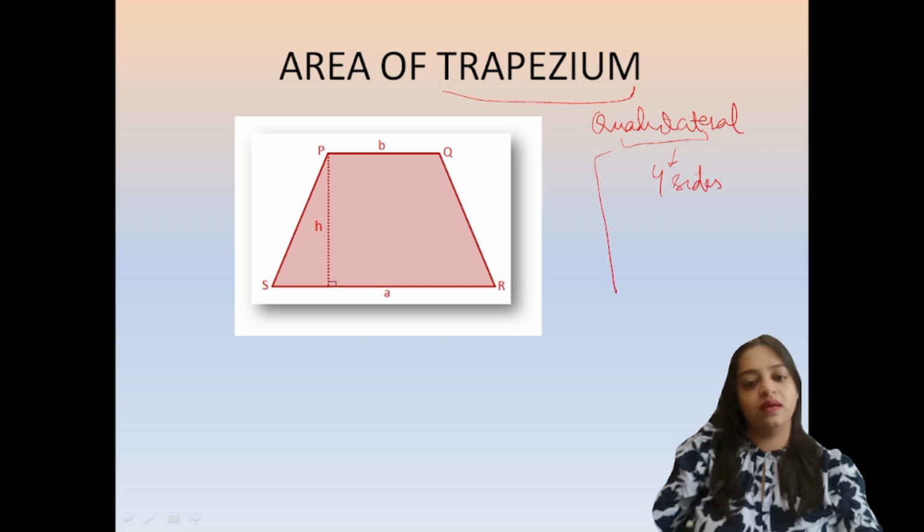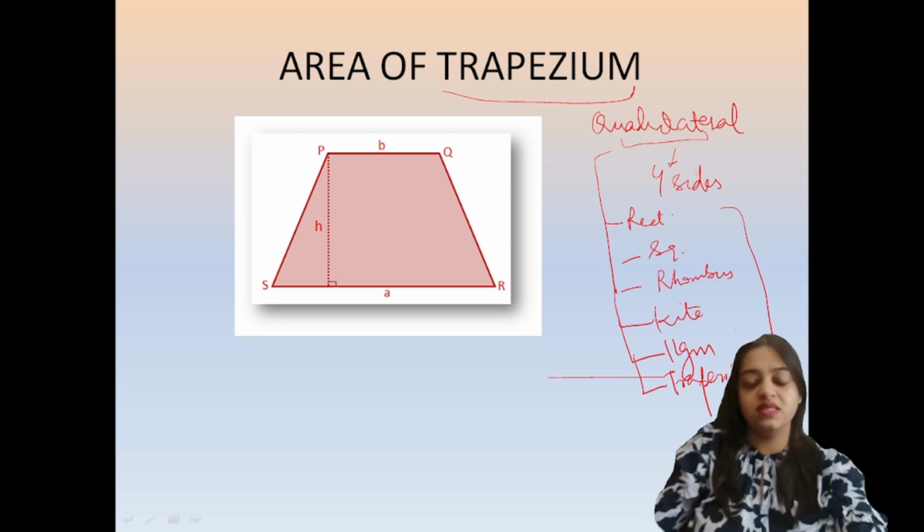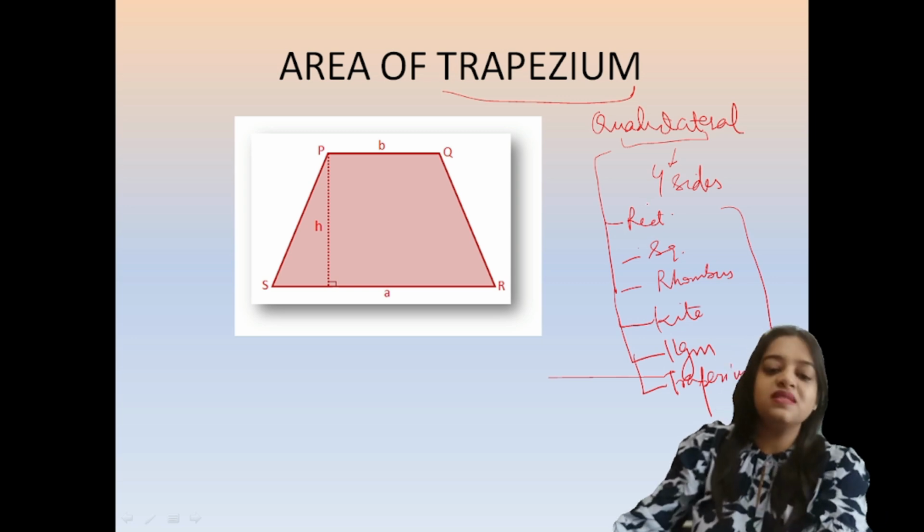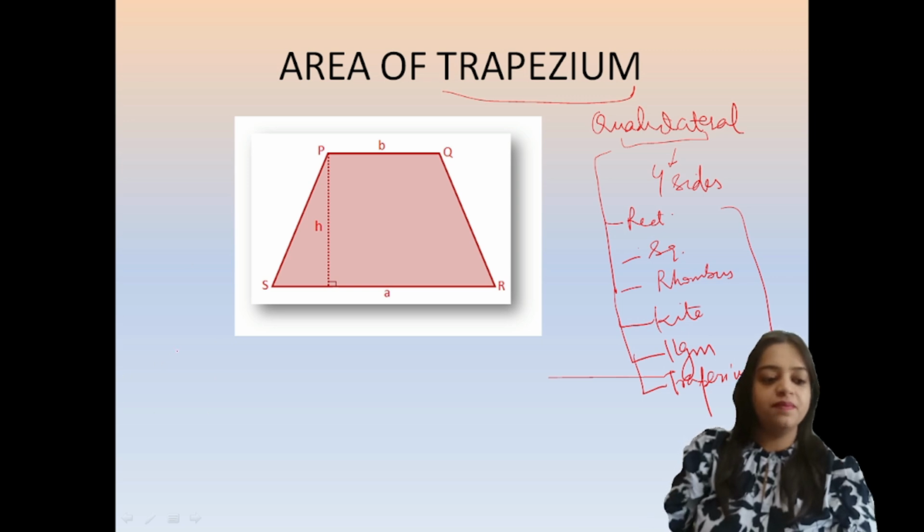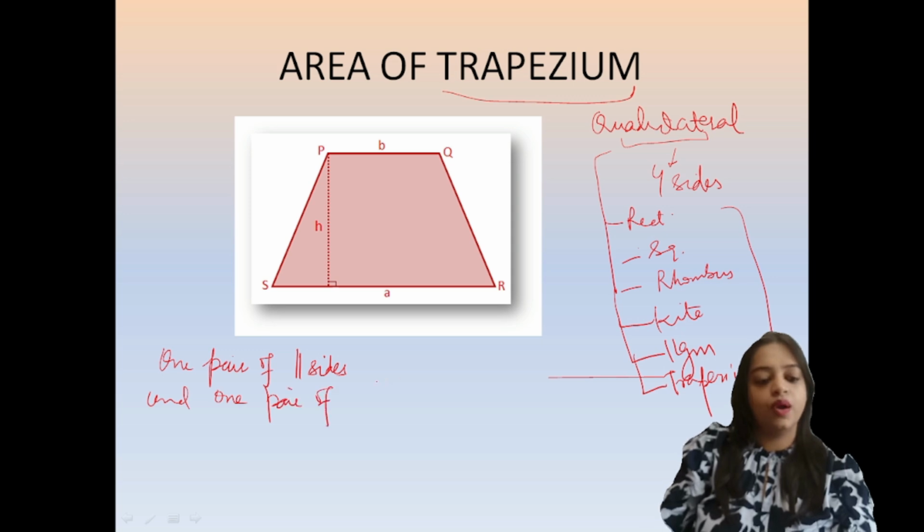तो quadrilateral के अंदर we have rectangle, we have square, we have rhombus, kite, parallelogram and this trapezium, right? तो ये सारे quadrilaterals हैं having some special properties, that's why their names are different, right? So trapezium की क्या special property है? Trapezium is a quadrilateral having one pair of parallel sides and one pair of non-parallel sides,